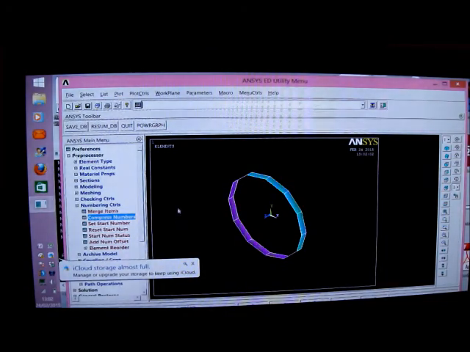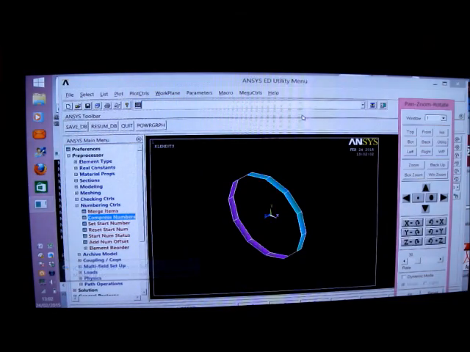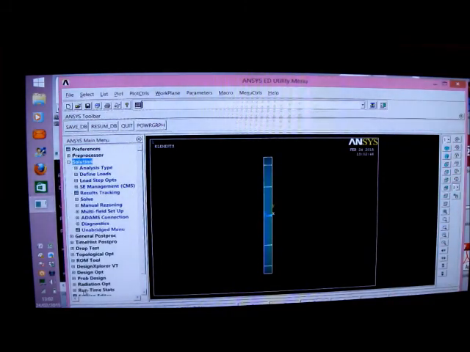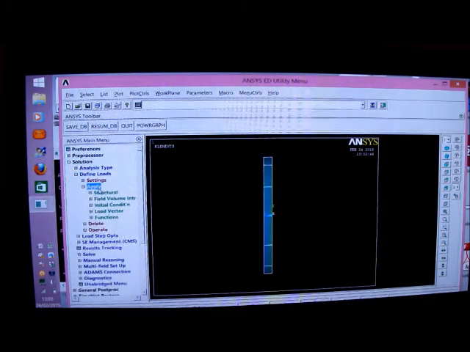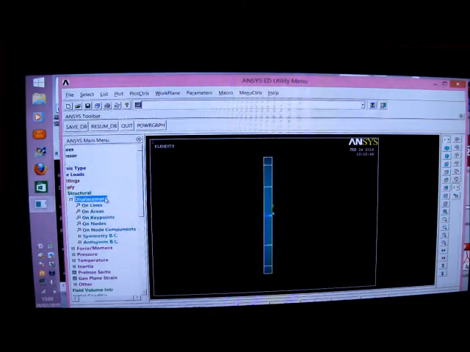Now we've got our model, we've got to constrain it, but I look at the plot controls there, and I put pan, zoom, rotate, and I'm going to put right, so the right side will be on the right, and the left will be on there, and I've got to restrain it. So I put on solution, and I pick on define loads, apply, structural, displacement on nodes,